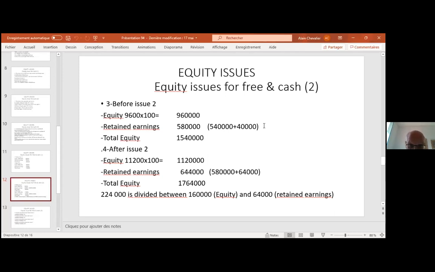And total equity is increased. It is now